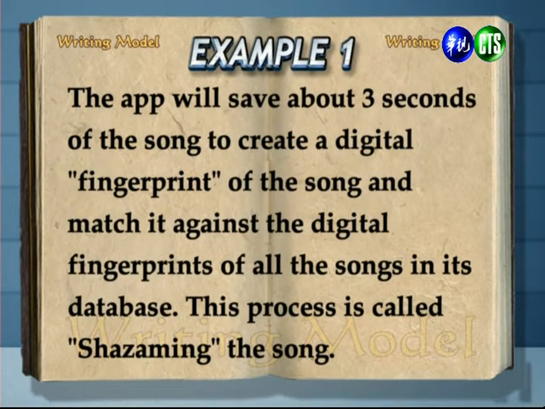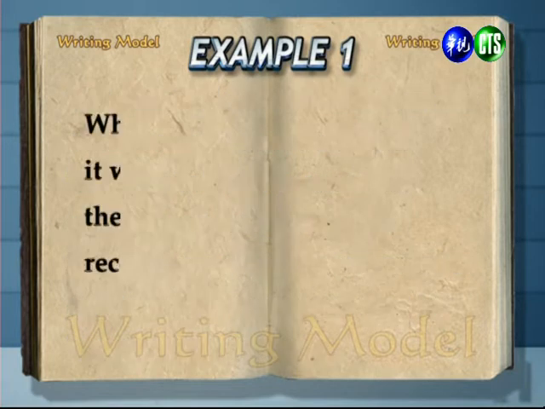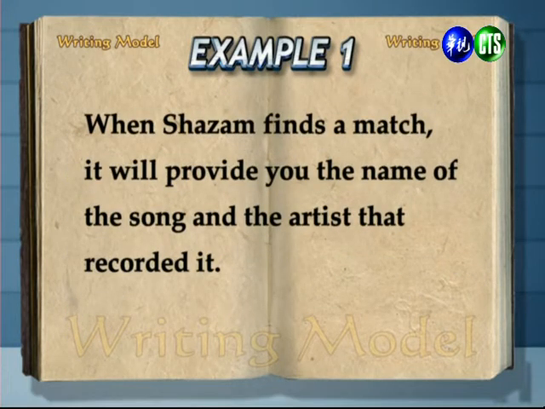This process is called Shazamming the song. 这个应用程式呢，会把一首歌之中约3秒钟的长度截取出来，形成数位指纹，来和资料库里头储存的其他数位音乐指纹做比对。这个过程就叫做 Shazamming， 也就是辨识音乐的过程。